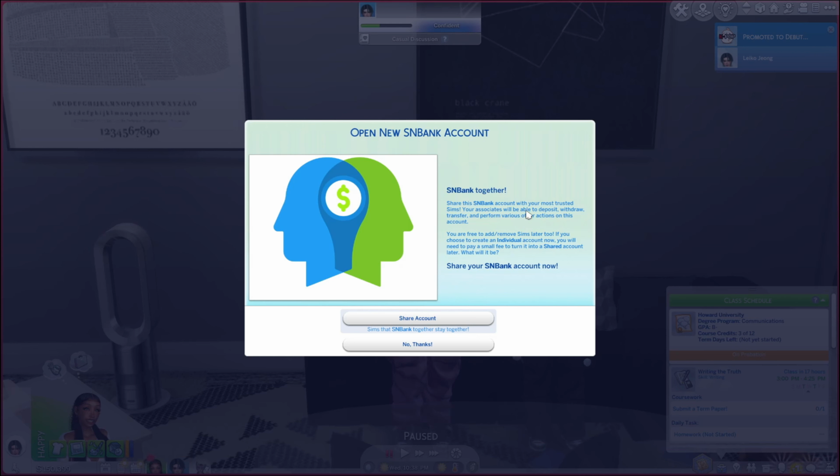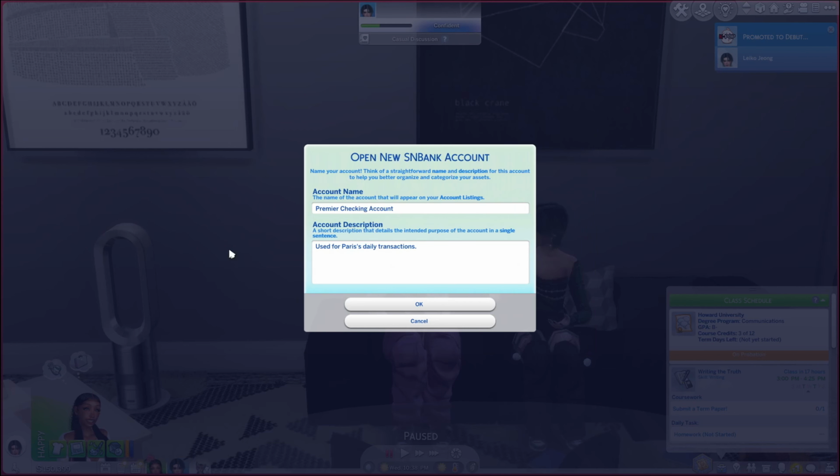So I think this is for people who share a household, and my sim Paris shares a household with her roommates. So I clicked no just because Paris needs to have her own account. She makes her own money as a streamer, and so does her roommate as a K-pop trainee. But in the message it says that you're always allowed to start a shared account whenever you want, but you might get a fee. Like, it's just really like a real bank, and it's so fun and cute to have and play with. Like I said at the beginning of the video, it just adds so much realism to your